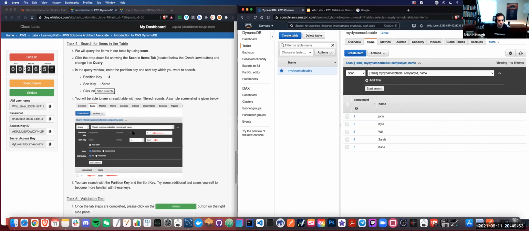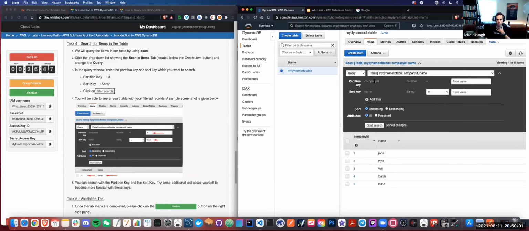Now I see Whizlabs is going to have us search for an item in the table. So we're going to click on where it says scan, and we're going to switch this to query. Query is going to allow us to now search through this database. So I see it's going through my table, company ID, and then name. So it's going to be going through all of this stuff. So we're going to search for 4,